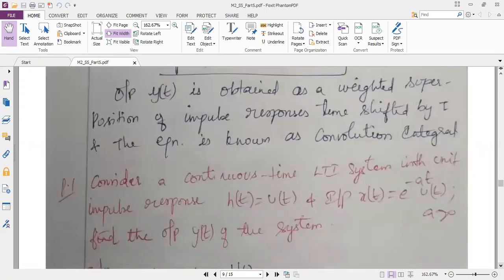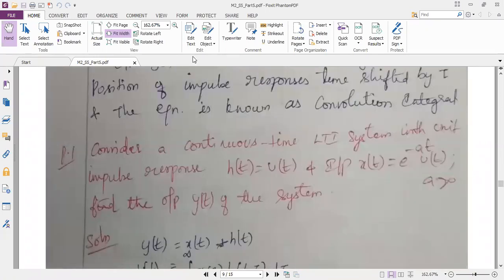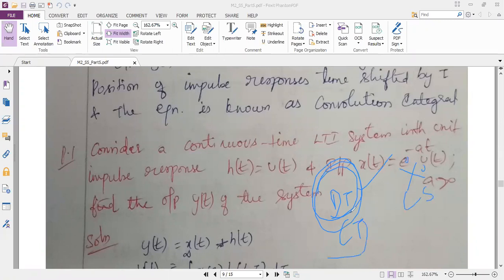Here also we have some 6 to 7 problems, but I will tell you the priority. You can ask me, ma'am, whether we will get questions from discrete time problems or continuous time problems. The priority goes to discrete time. That's why I have solved some 8 problems in discrete time. You will most probably get the questions from discrete time, that means from the convolution sum only. Very rarely you will get problems from continuous time signals, that means the convolution integral.